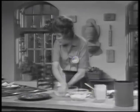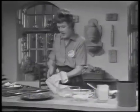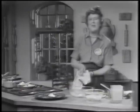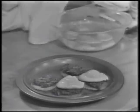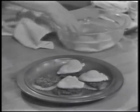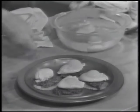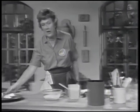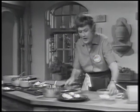Well, I seem to have lost my slotted spoon, so I'll just take them out with my inimitably clean hands and put them on. This is the nice thing about having these eggs, and you can see why it is very important to poach them just enough. And what a much prettier shape this is than those ones done in an egg poacher. And now you've got to have some kind of a sauce on that, and I'm going to make a sauce